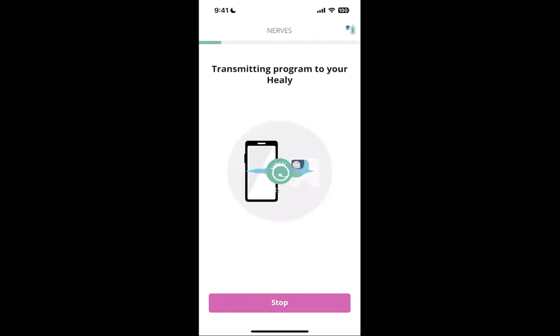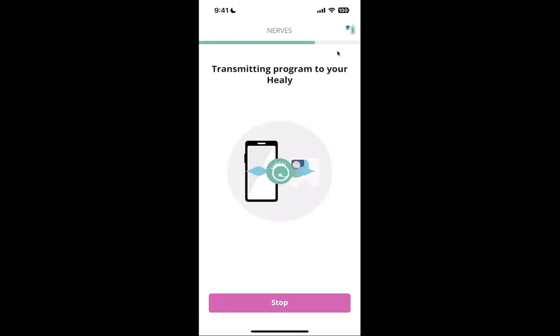the Healy. So this program of nerves has been identified by these time waiver therapists. There may be dozens, or in this case, I think hundreds of frequencies that all could help with your nerves, because that could be energy being able to transport through the whole nervous system. And it could just be a lot of different things that might impact how your nerves work. So you can see it's still sending. We're a little more than halfway through the information being sent, basically just a list of frequencies